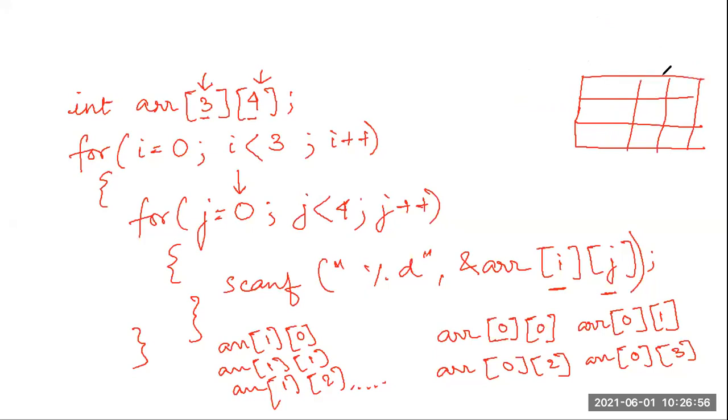So suppose I have this already: for i equal to 0. i equal to 0 means my i is now denoting the 0th row. i is less than 3, yes. 0 is less than 3, true. If it is true, I will enter into my inner loop. That is, I will first say j equal to 0. Now j equal to 0 is the first column. This is the first column for j equal to 0. 0 is less than 4, yes. 0 is less than 4. If it is true, I will enter into the execution inside the loop.